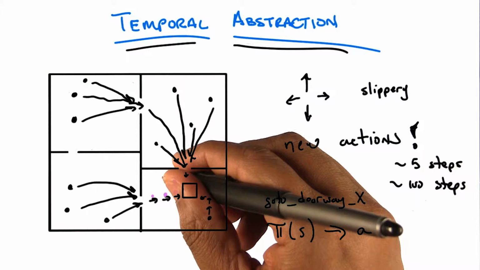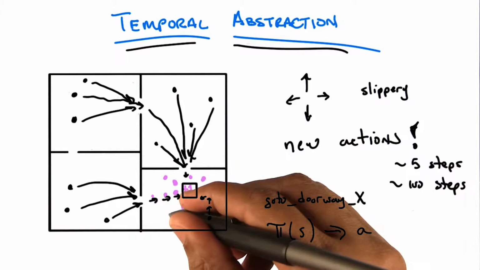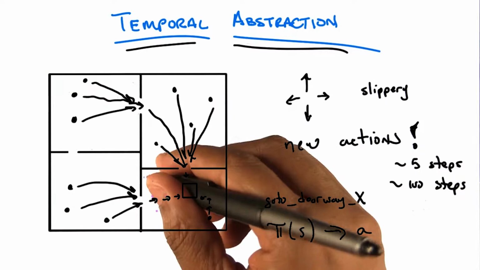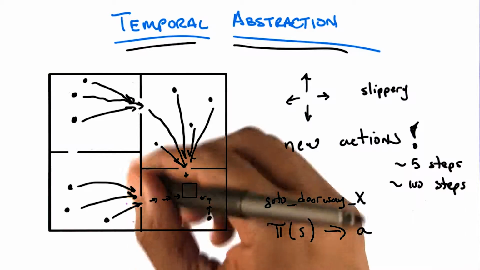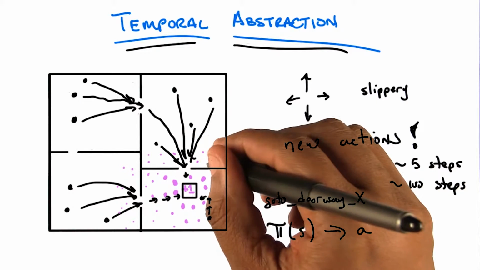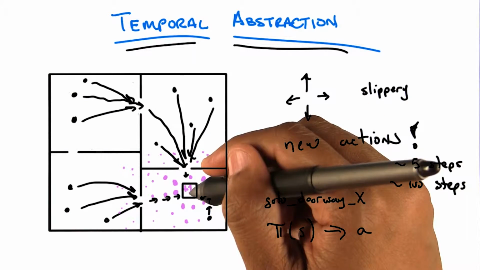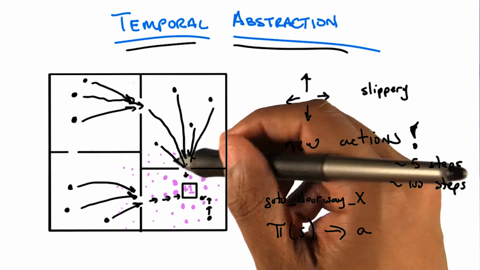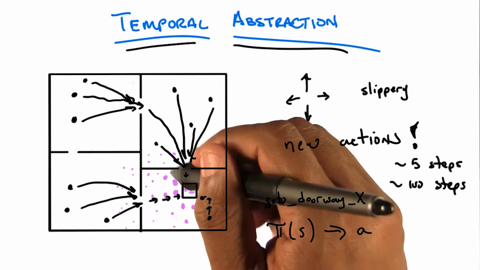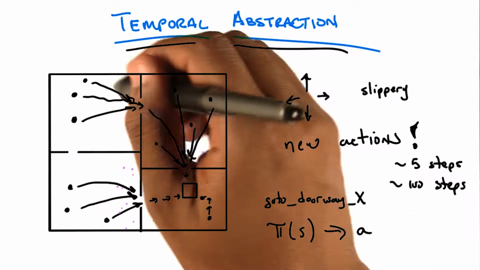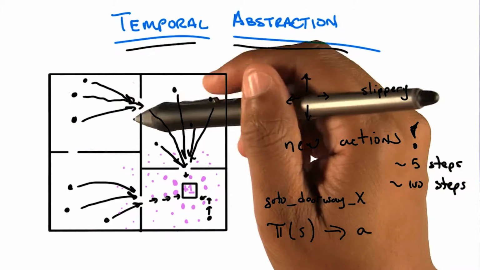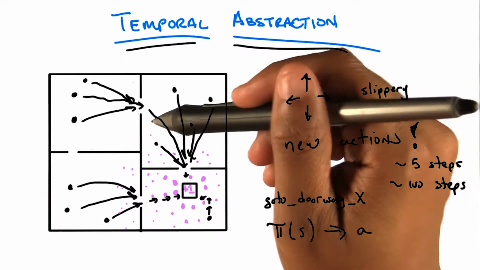And as I move farther away, the value gets to be a little bit less, and then a little bit less, and a little bit less, and it sort of propagates out into the other rooms. And the way that you propagate this information is actually kind of slow, right? You have to get to the state and sort of back it up a little bit. Your horizon is such that the value seems relatively small, and you kind of keep going. And you have to visit this often, very often actually, to back up the information to tell you sort of what the value of the states are, what the Q values of state and action pairs are. And that's fine. That's how we learn in MDPs.